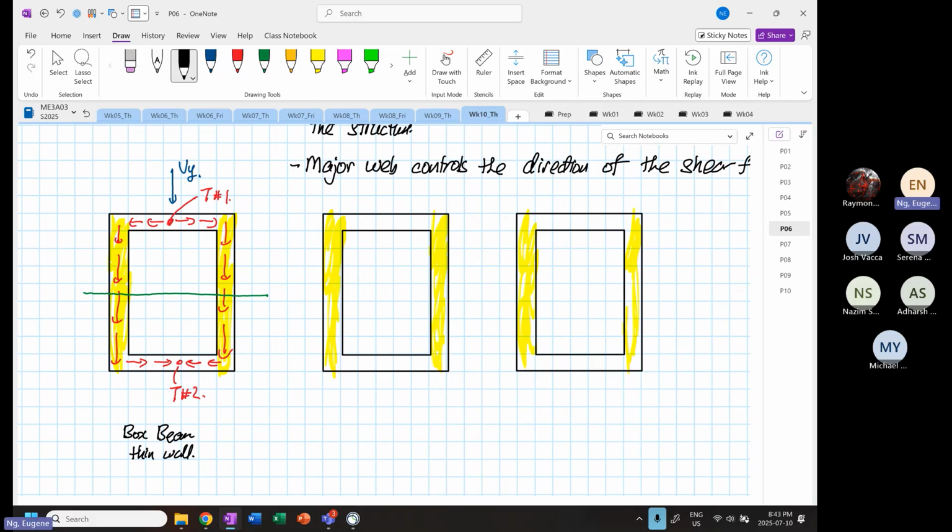Now, it states that the thickness is perpendicular to the shear flow. So if you were to consider what is the thickness, this is known as our thickness. This is our thickness. This is our thickness. Why? Because the thickness is perpendicular to the shear flow. So that is our thickness. Now, if we have Vy in this direction,